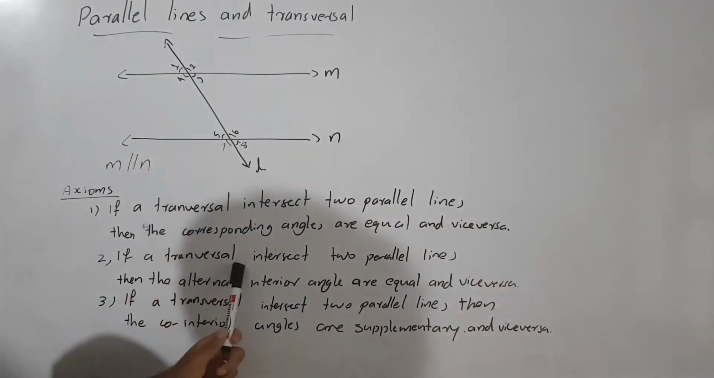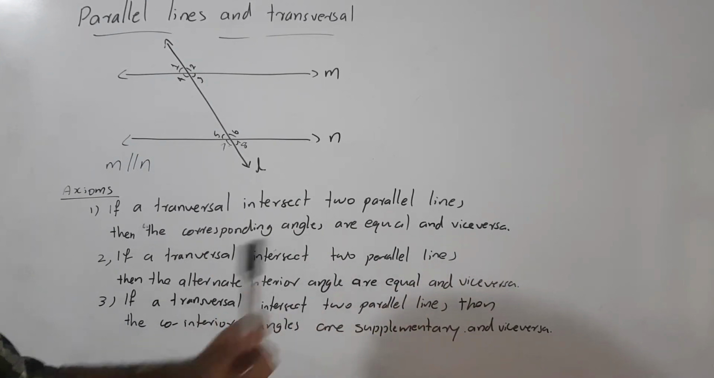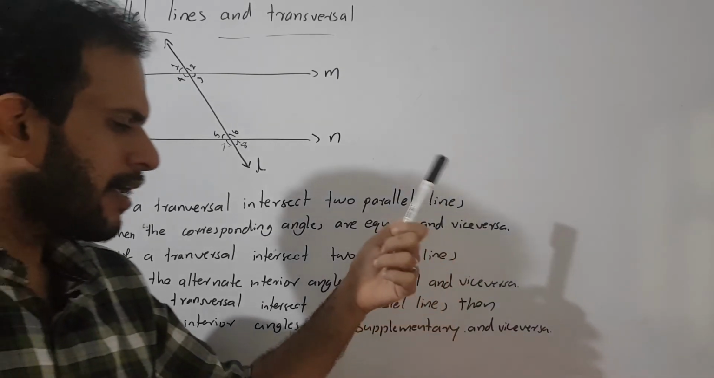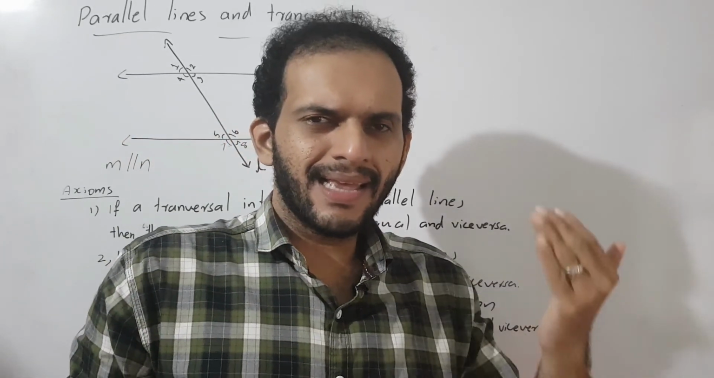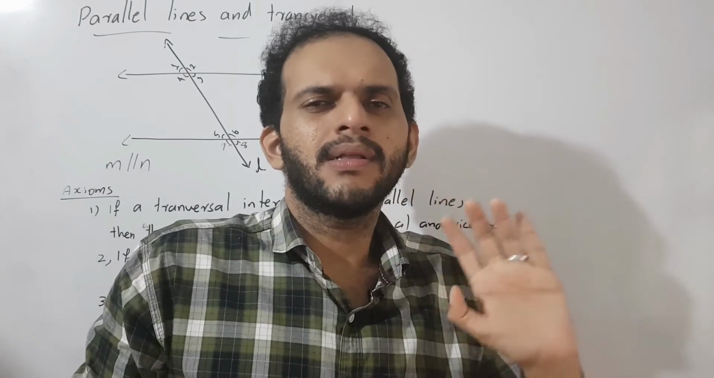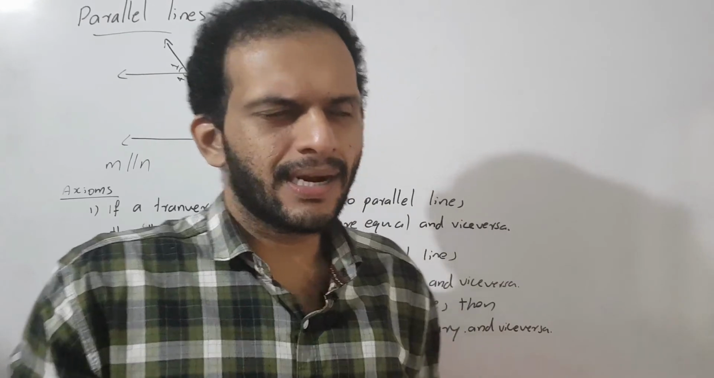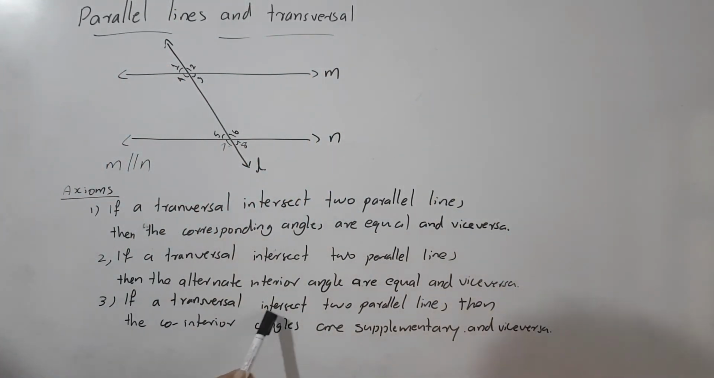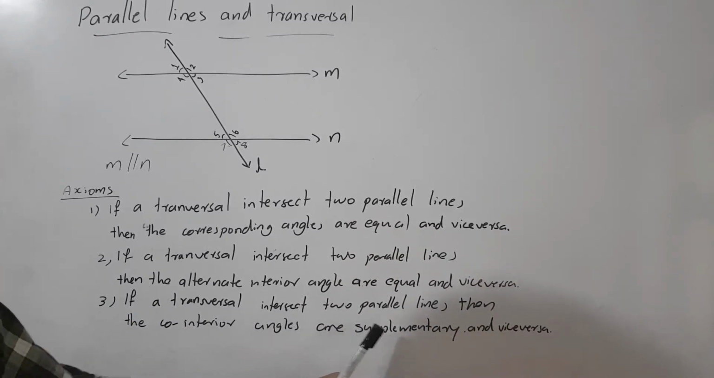If a transversal intersects two parallel lines, then the alternate interior angles are equal. That is the idea we discussed. And vice versa. The vice versa means, if a transversal intersects two lines, and the alternate interior angles are equal, then the lines are parallel. Okay, what is the third idea? The third idea we are discussing now is like this: if a transversal intersects two parallel lines, then the co-interior angles are